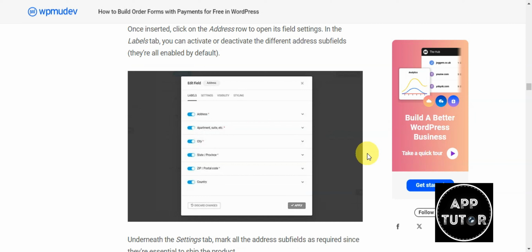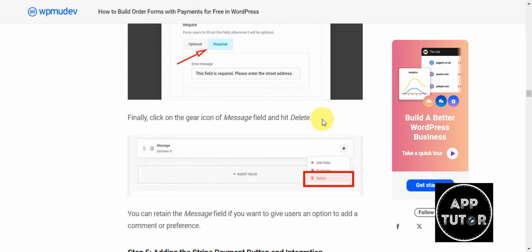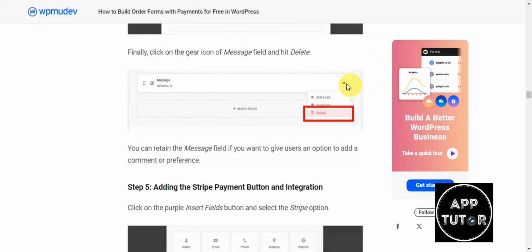So once inserted, click on the address row in here just like this to open its field settings, and in the labels tab, this one, you can activate or deactivate the different address subfields by toggling its button here onto its left side. So right after, underneath it, you need to mark all the address subfields as required since they are essential to ship the product. And finally, click onto the gear icon again of the message field to hit the delete,